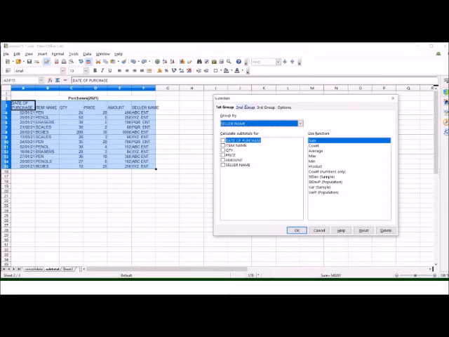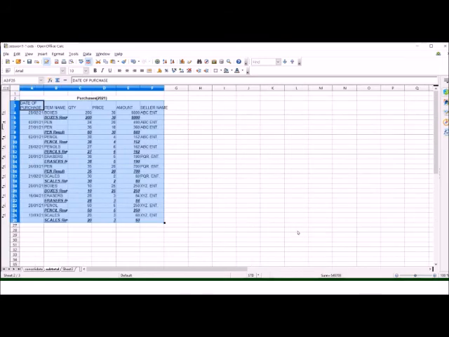Then for the second group we want item name, and we want the total quantity, price and amount. So now we will group the data on these two bases, and we want the totals of quantity, price and amount.